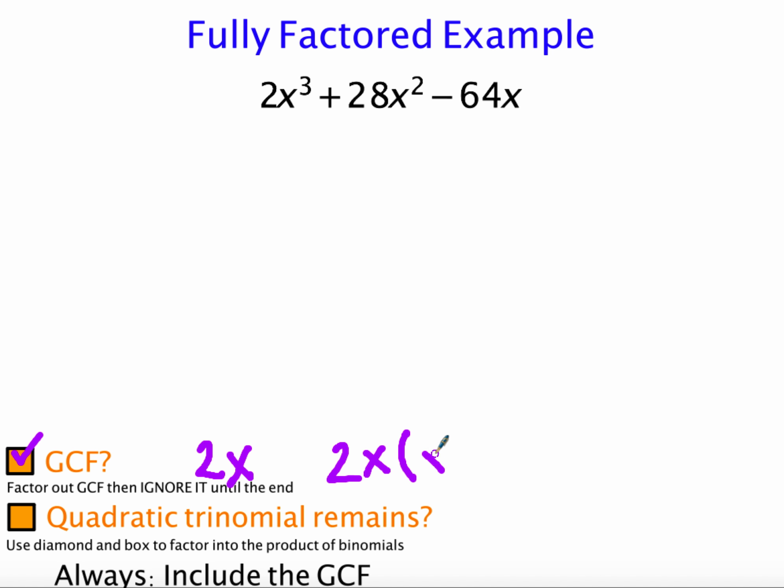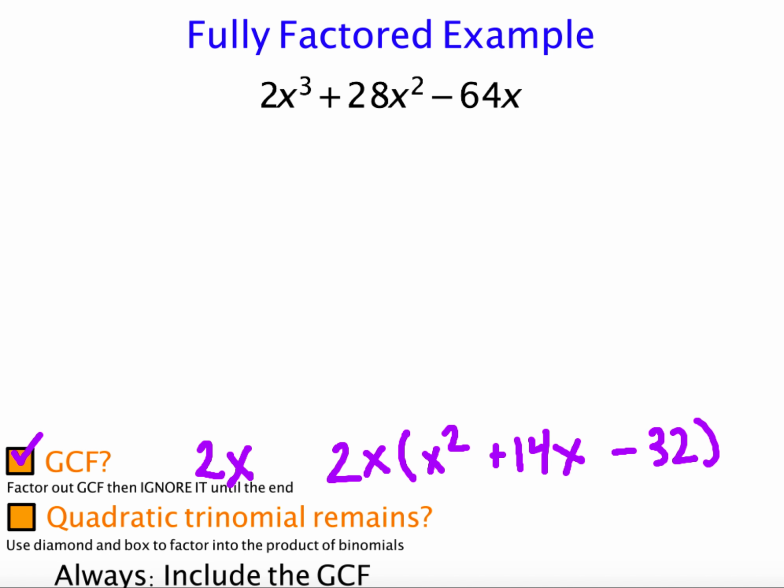2x times x squared gives me my first term, 2x to the third. 2x times 14x gives me my second term, 28x squared. And then all I need to do is subtract 32, because negative 32 times 2x gives me negative 64x. So that is, if I had the directions, just write this in factored form by factoring out the GCF, I